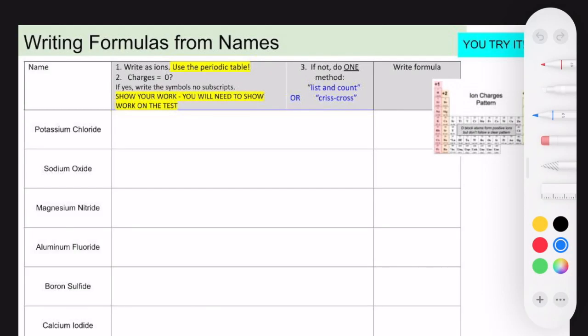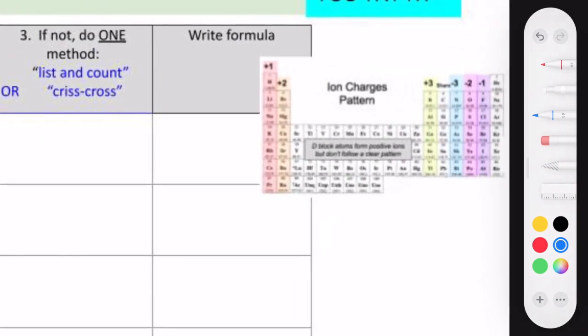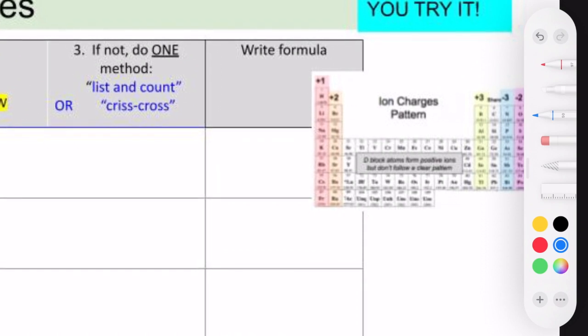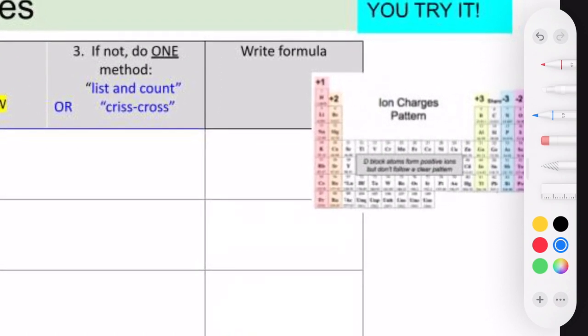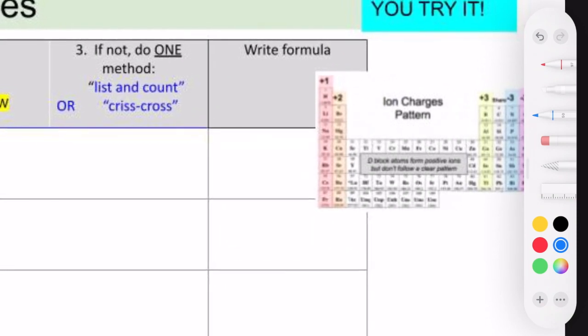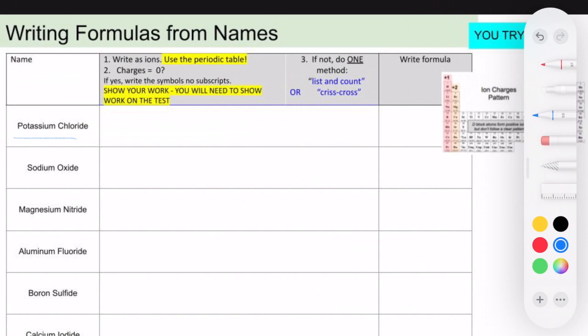All right, if you want to see these done, here we go. First, we need to look at the name, and we see potassium chloride. So I have to look that up on my periodic table, and you will have one that's a little easier to read than this, and you can also use your paper one. And potassium is letter K, so your paper one would help you with that. But that is +1, so I'm going to put K